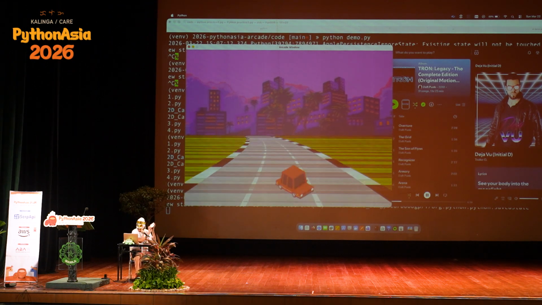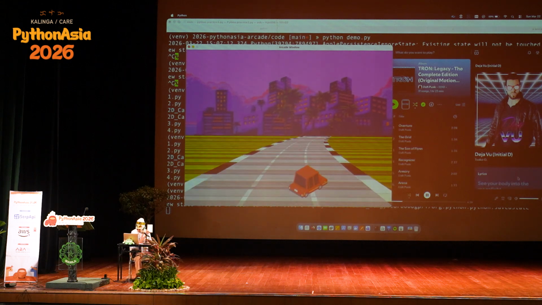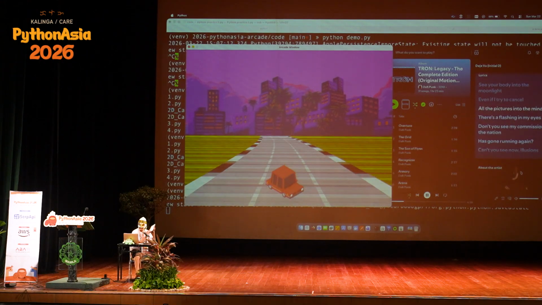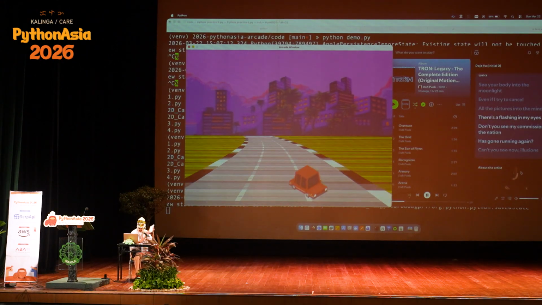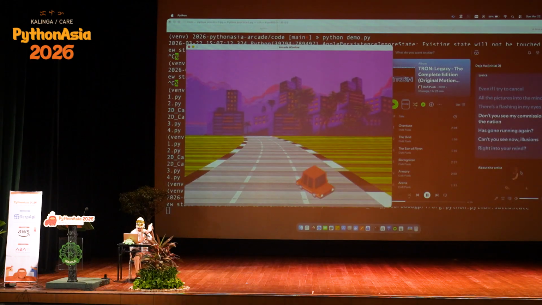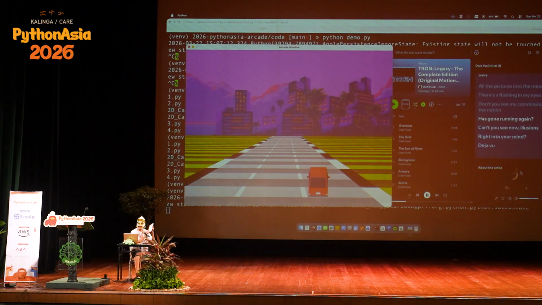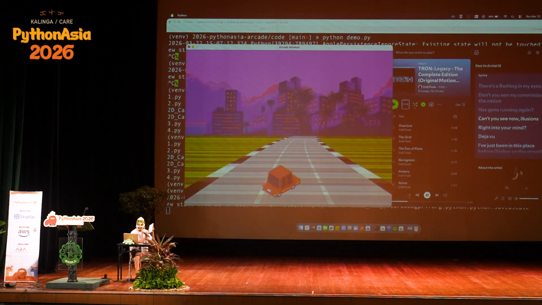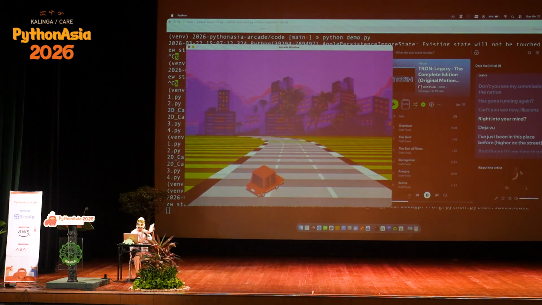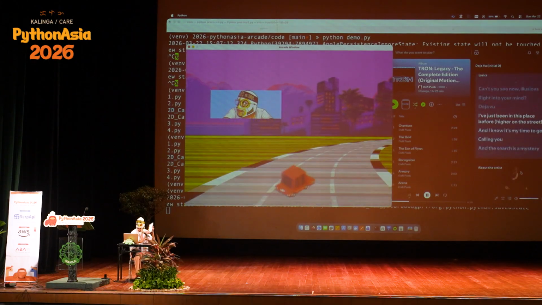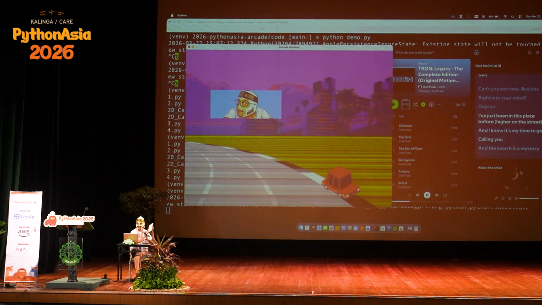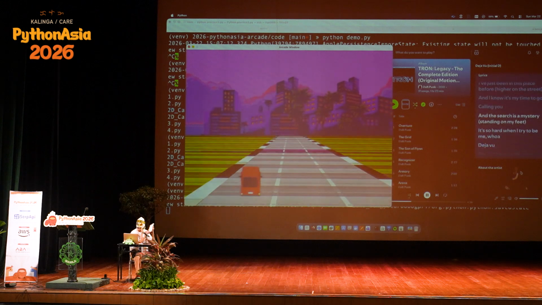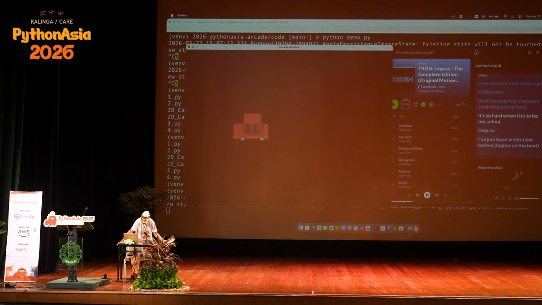see your body in the moonlight, even if I can't sell all the pictures. In the mind, there's a flashing in my eyes. Don't you see my commission? The nation has done running again. Can't you see now? Illusions right into your mind. Deja vu, I've been on this place before, higher on the streets, and I know it's time to go. Calling you, and the search is a mystery. Standing on my feet is so hard to beat,